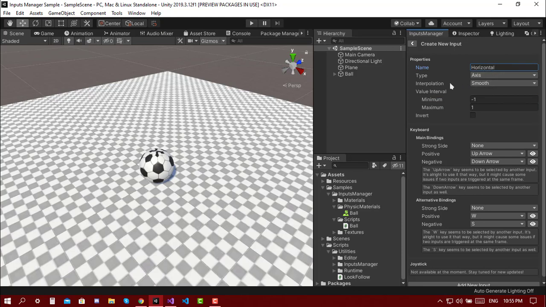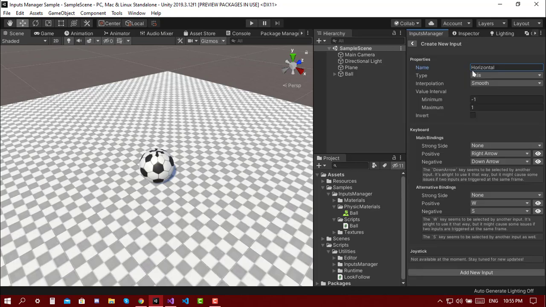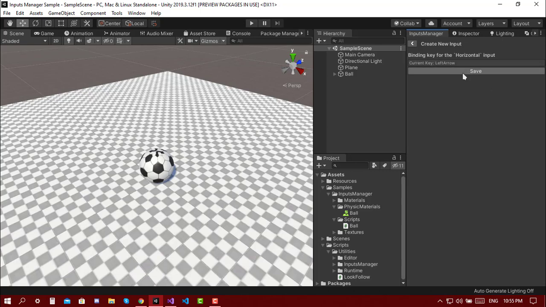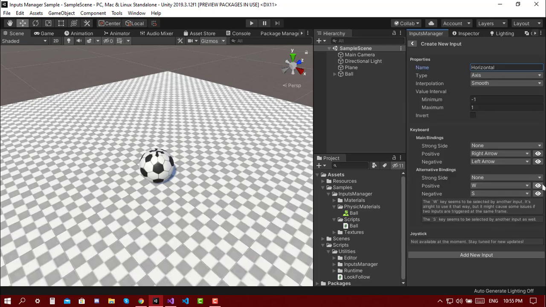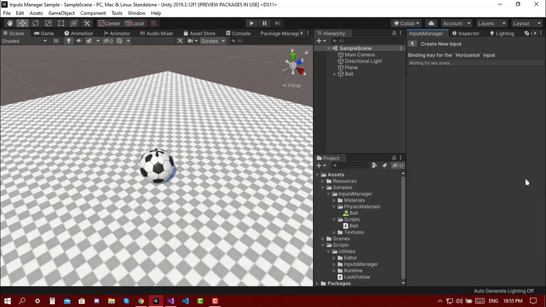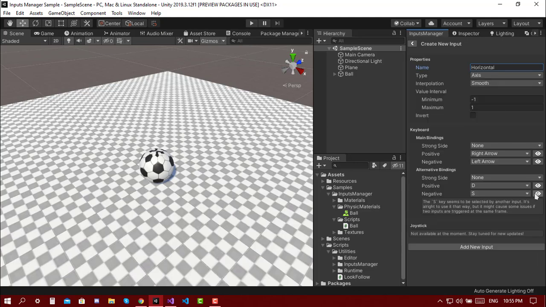It is an axis with interpolation smooth, strong side, doesn't matter. The positive key is the right arrow, the negative key is the left arrow, the positive alternative is D, and the negative is